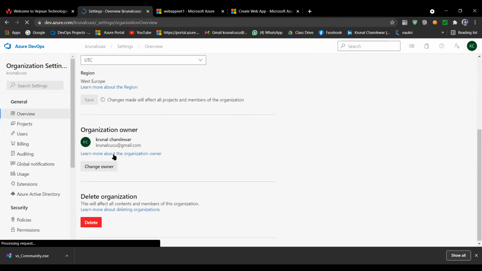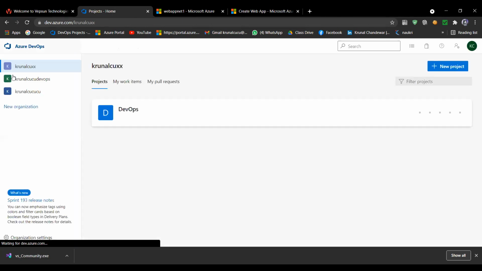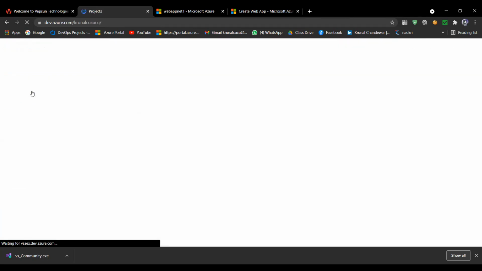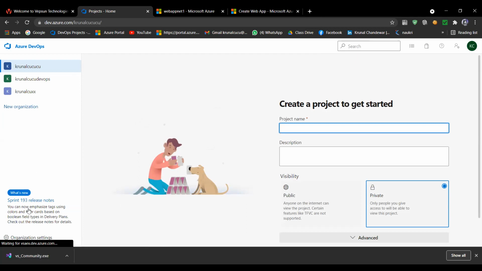If you want to delete a project, you can delete it from here. Click here again and go to all your projects. These are my projects, and if I click on this one, let me check how many projects I have under this organization. I don't have any project under this organization, and I really want to delete this organization.